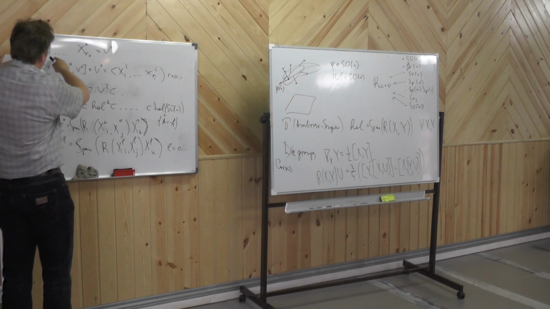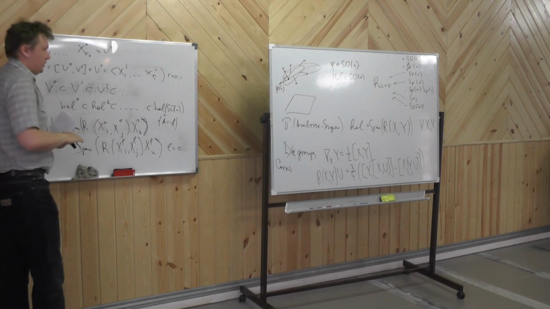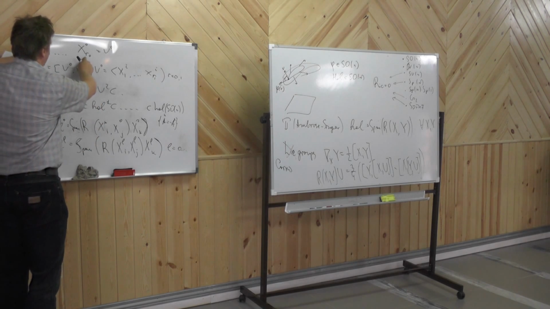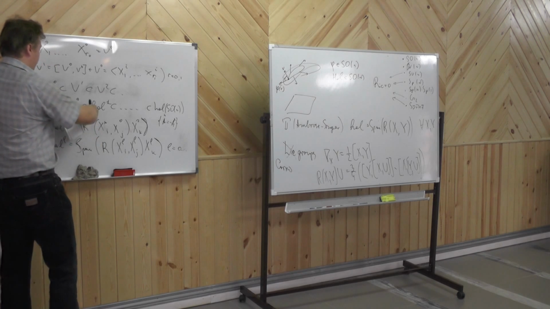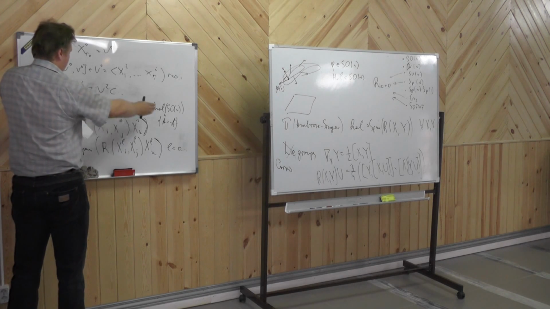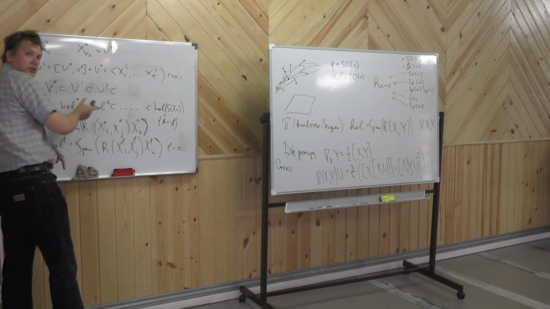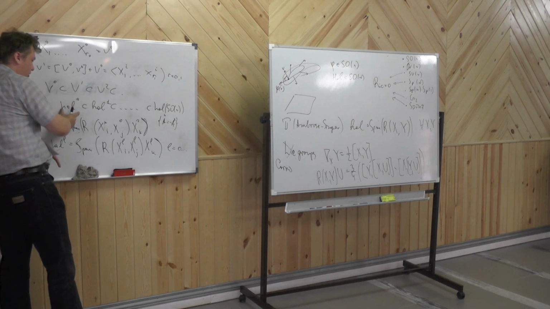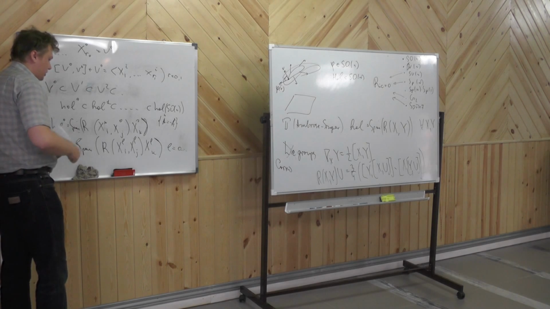And if your distribution is integrable, it means that these vector fields are tangent to some submanifold of your manifold. Then this theory will vanish from this point. The holonomy group will be just the holonomy of this submanifold, and it will be just the same as in